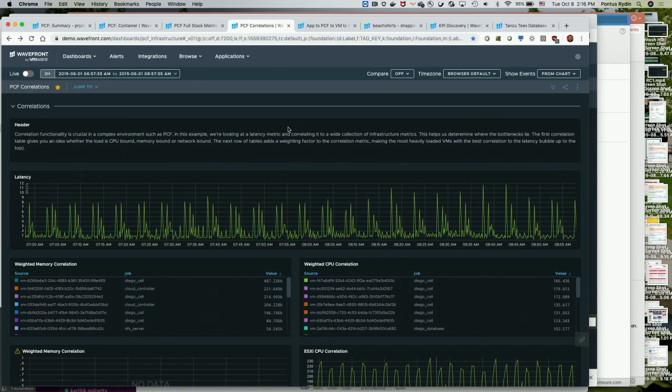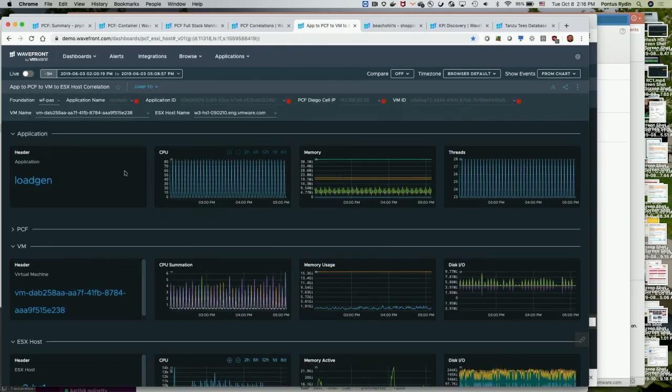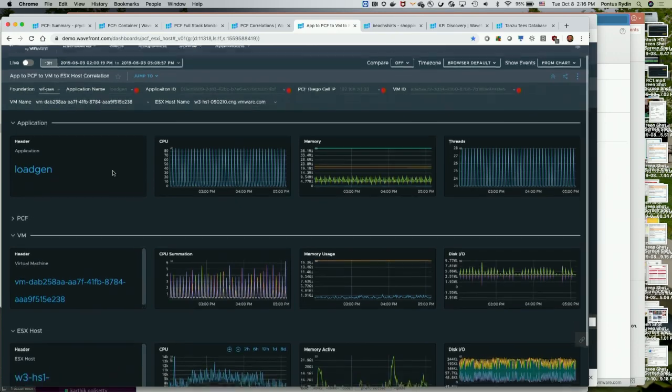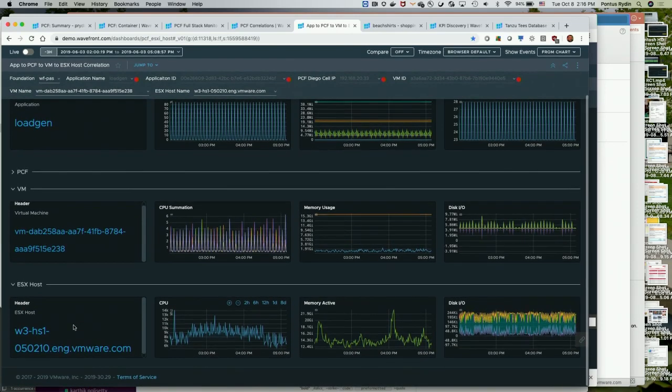One thing we can do is, of course, look through all the components manually. And in fact, that's what we can do here. I can pick an application and say, hey, which VM does that application run on? LoadGen is my application, very interesting. LoadGen runs on that VM and it runs on that host, and all of a sudden I've tracked it all the way down to the hardware. That's easy to do. That's table stakes, right?